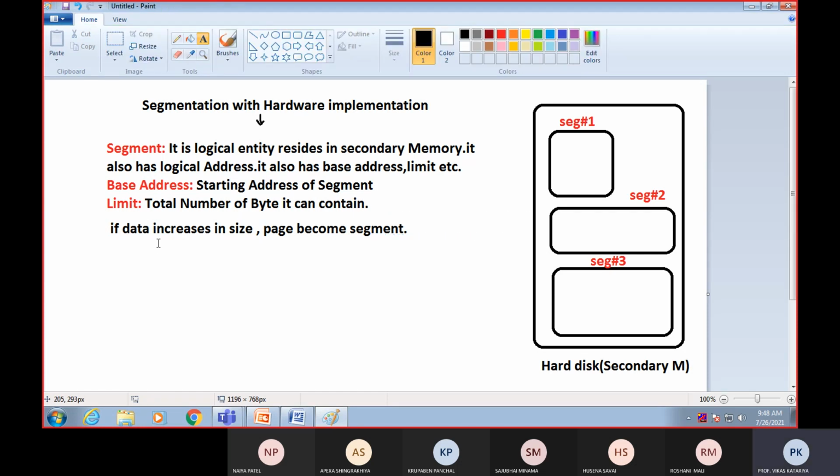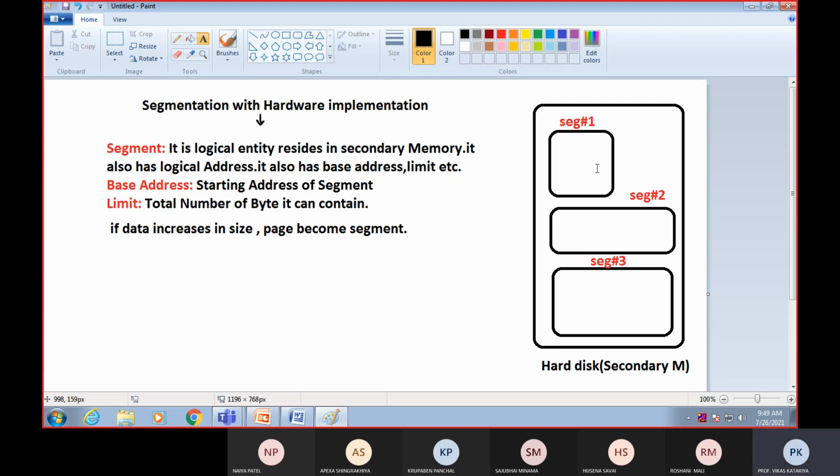But again, if we type anything in our text file, in our document file, in our Excel file, it becomes a segment. So a segment is a complete volume. You can say it is a large amount of data. It is a bulk of data that is stored in a hard disk. Pages are also stored in the hard disk, but a page contains a limited size of data, right? So in the last lecture we loaded pages that are stored in hard disks, and we transferred those pages to the primary memory. That means loading of pages.